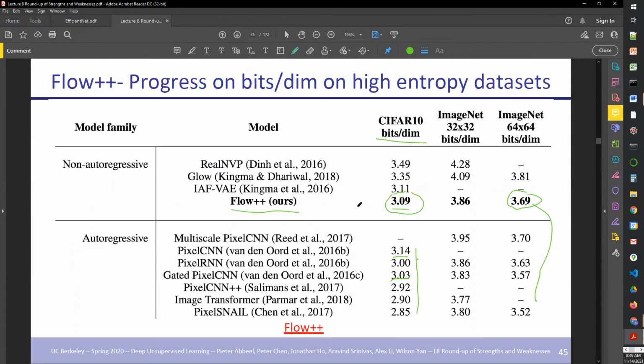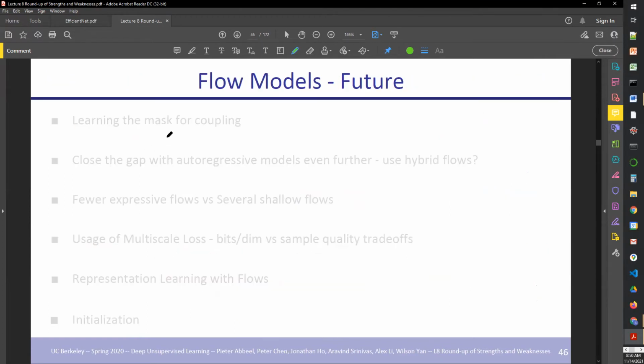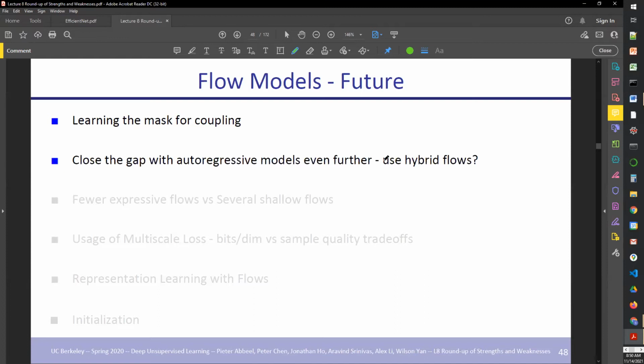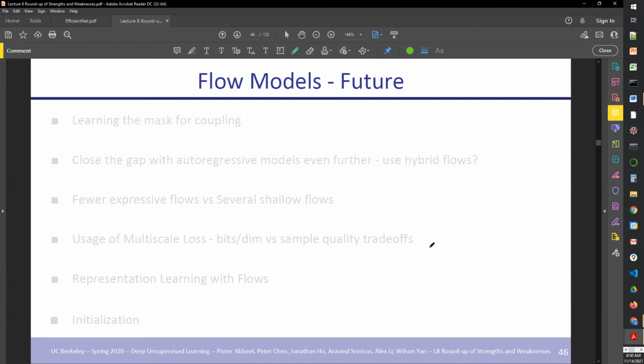Obviously, the big advantage of flow models is addressing the sampling challenge, which was a big drawback of autoregressive models. So the future work is that the masking work needs to be improved. Closing the gap, is it possible to close it even further, because these are close, but they haven't beaten the other guys. And then here are some thoughts,